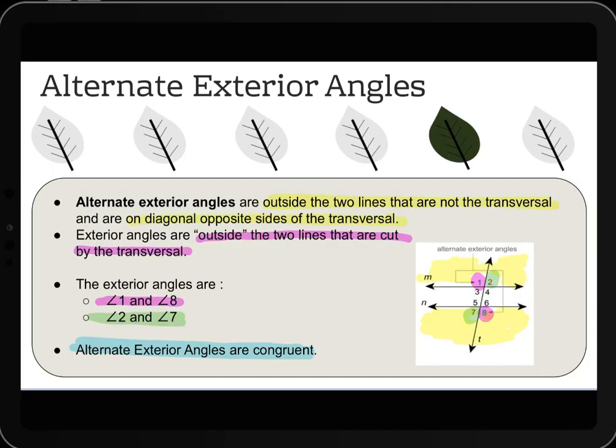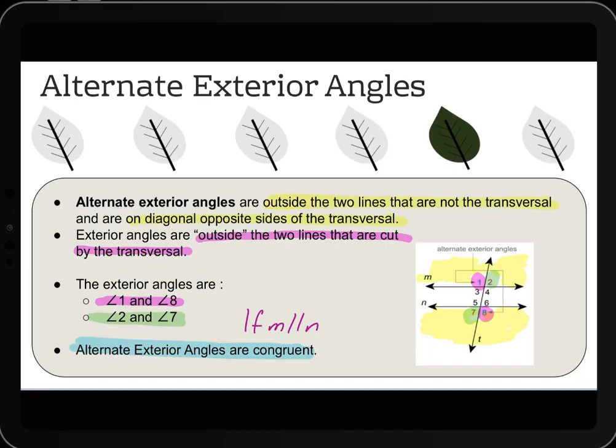So we've got 1 and 8 and 2 and 7. And as before, as I've said, if M and N are parallel, then we know that those type of angles are congruent to each other as well. So there's lots of color coding here that can help you illustrate which angles are matching with which and which are congruent. So these diagrams are in some ways